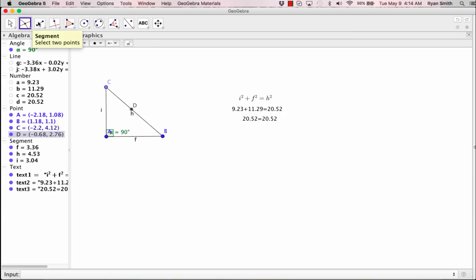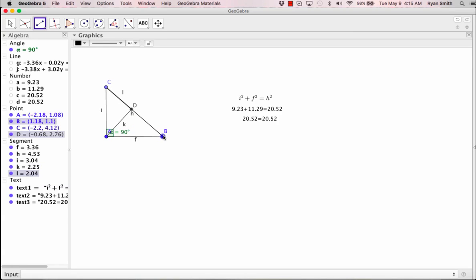But I need to put some segments, and I need to look at some measurements. So I need to put my altitude there. And I need this segment and this segment because we're going to use those to do some calculations. I really don't need H. It's going to make it difficult for me. Okay. So I need to calculate